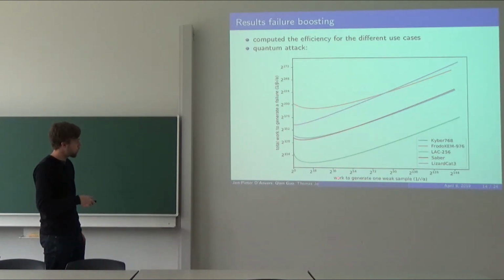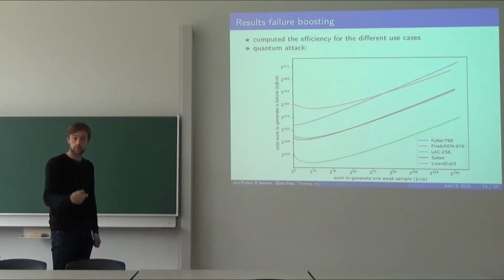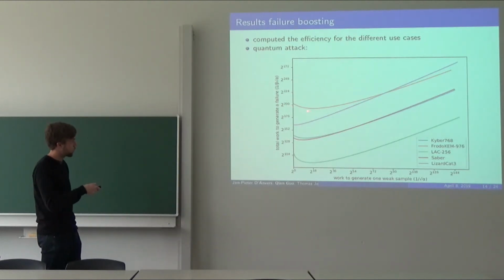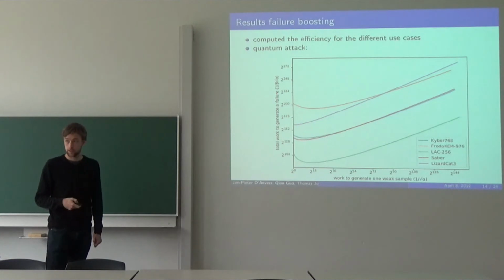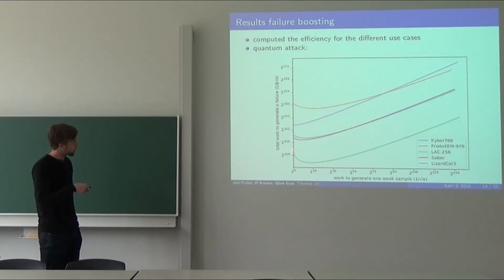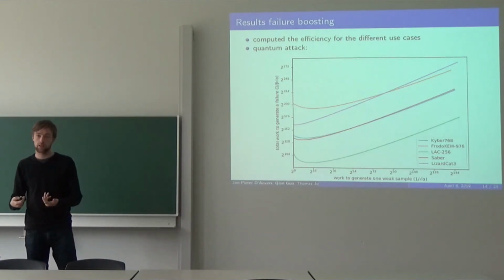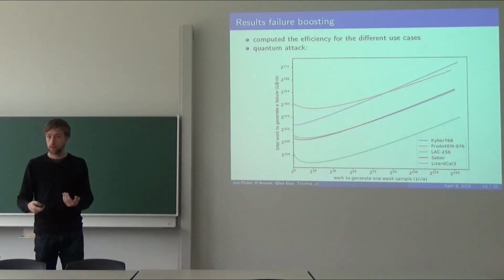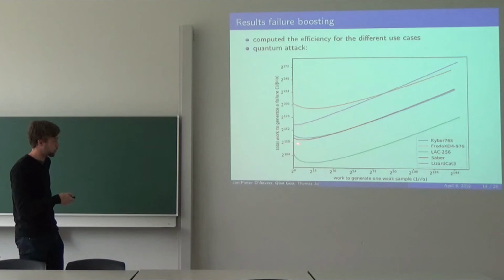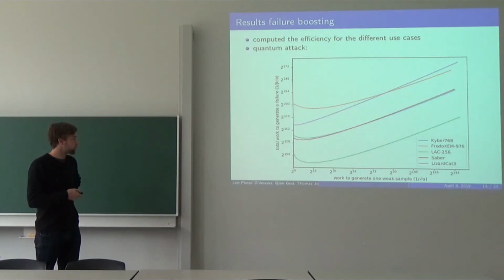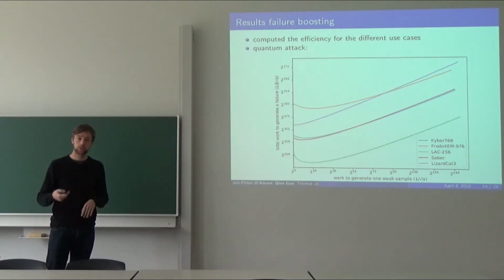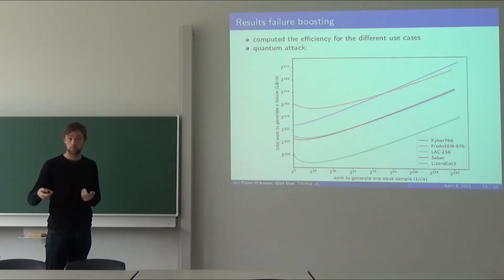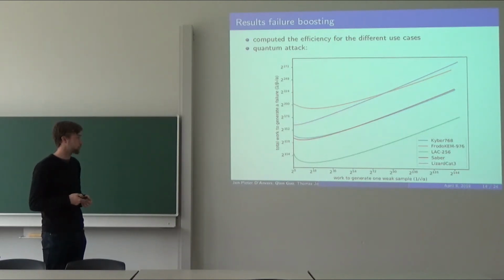And you see that if you do some pre-computation, you can actually get this work down. So by Groverizing this first stage, you can get this failure probability down. This is for various of the NIST schemes. But you also see that it's not a super drastic attack, so you are limited in what you can do. And remember that the provable thing was that this was squared, so it's somewhere here, because it doesn't start from 1. So you can really speed up this whole process, but we're not at the provable bound yet. So either the proofs can be improved, or this attack can be improved.